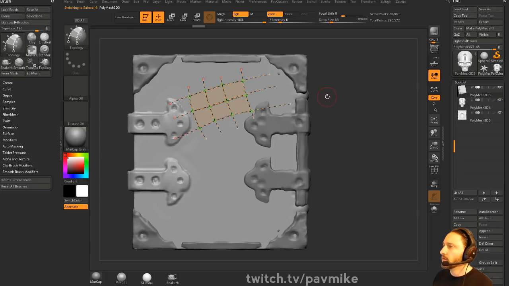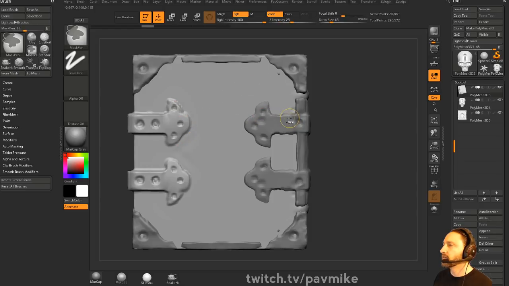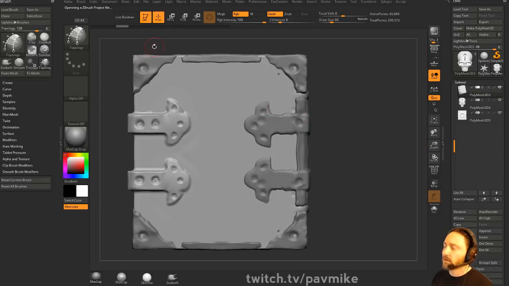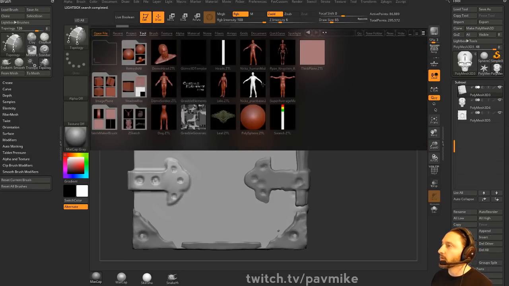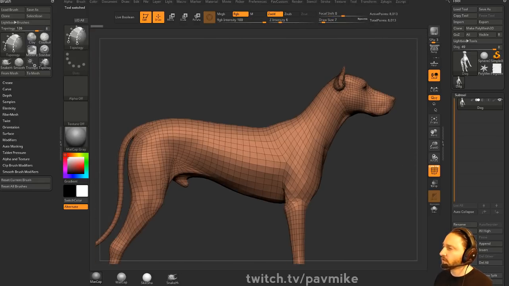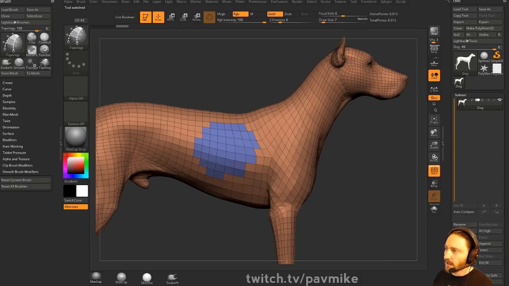And then you, oh, you're talking about if we had, let's see. There is some fancy stuff you can't, whoops, I don't want to do that. Let's go to tools here and we'll grab our trusty dog. So there is some fancier stuff you can do with the topology brush if you have a poly group here, and then you do ZRemesher, I think. I'm not sure. There's something that's scratching my brain somewhere,